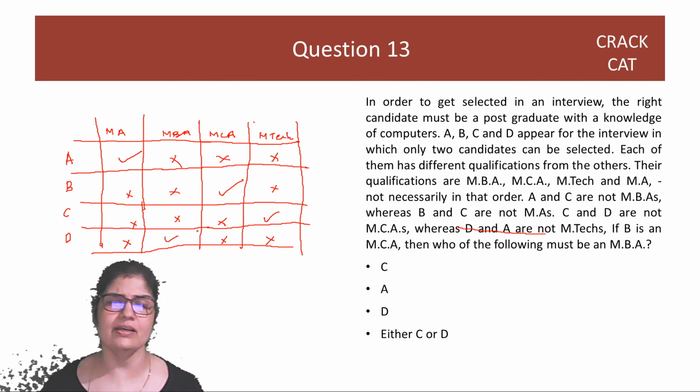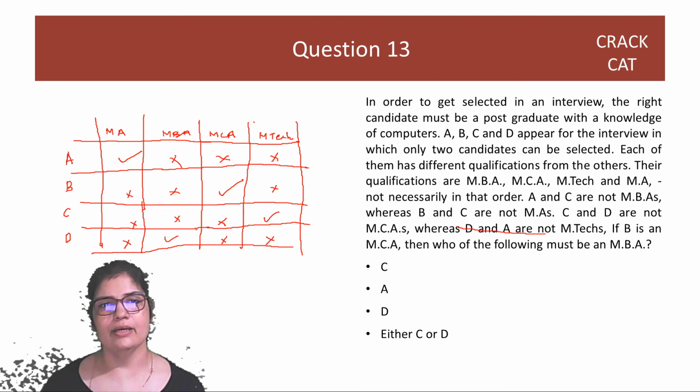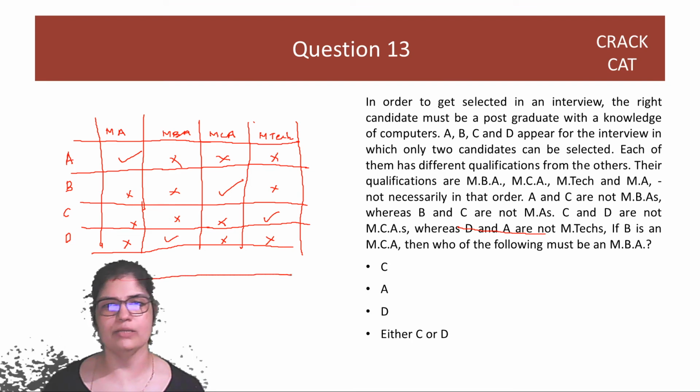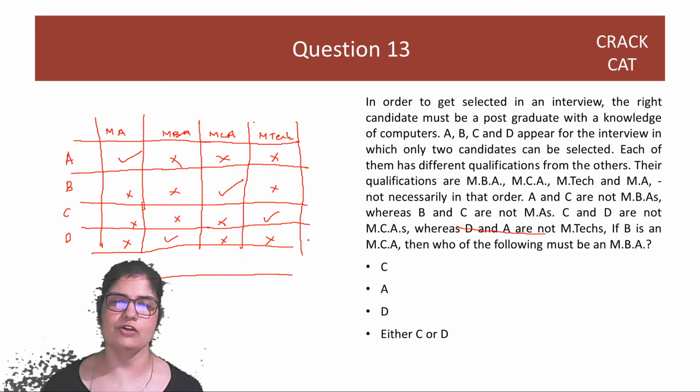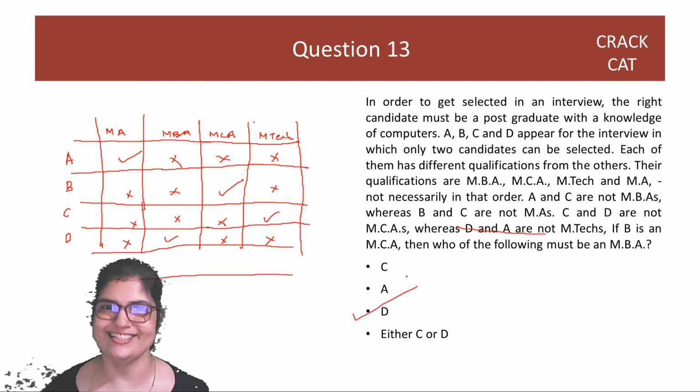I don't need to think. There is no maybe this, maybe not that, right? It's just a very quick, easy solution. In less than 30-40 seconds, you can solve it. So I would really recommend this 4x4 table if there is just a combination of indirect, direct information, right? So what was the question? Which of the following, who is an MBA? D. Y'all are all going to be MBAs, right?